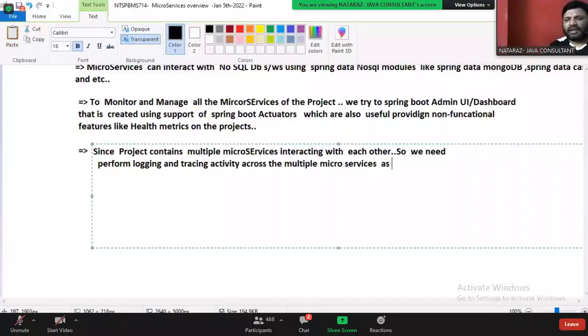As needed, with the support of distributed logging and tracing tools like, what is that?